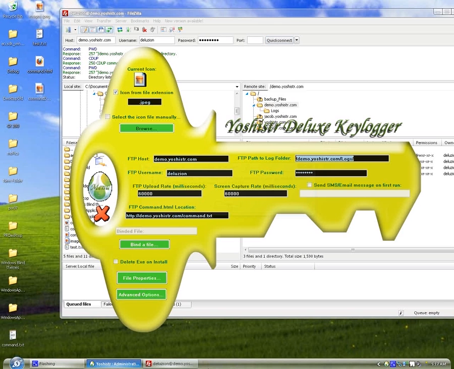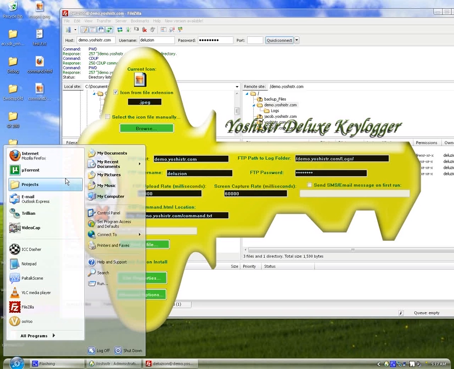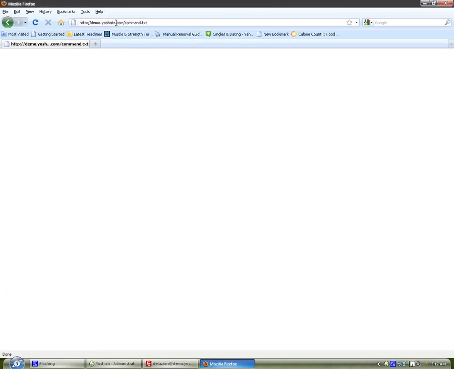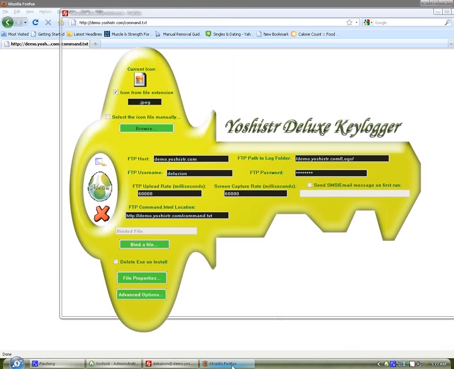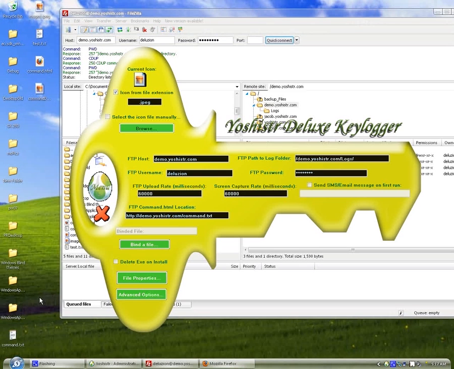We can check that in the browser. Just open that up. As you can see, it's empty here. We can view the page source. There's nothing in the document. So what we want to do now is, first of all, run the program, the keylogger, and now that's running, what we can do now is create the